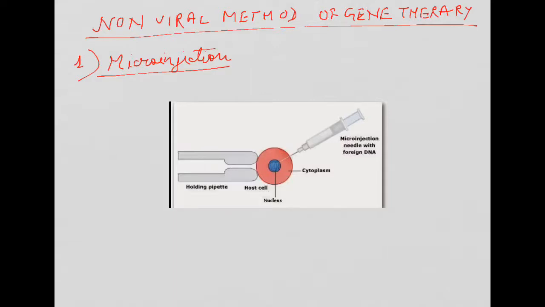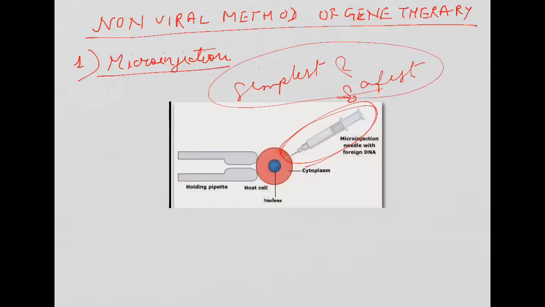Okay, so number one is microinjection. Microinjection is a process in which the genetic material is directly injected through a syringe containing a needle, without any carrier. It is the simplest and safest method, because there is no carrier. You are inserting only the gene, nothing else, no chemical particle, no virus, nothing. So this is very safe, but the problem is that the efficiency is low in this method,